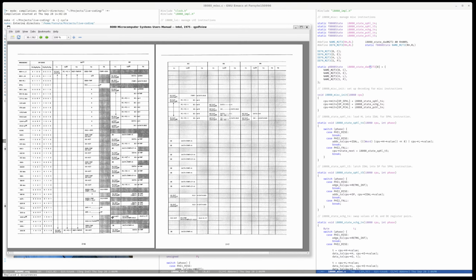So M2T1, we set ACT up. M2T2, we set temp up, and the ALU forms the sum. M2T3, we then write the ALU value back into the L register and update the carry flag. At M3, we do the same thing for the high byte of the register pair, and we do an add with carry. Very straightforward, but it is going to take us 3 machine cycles to run.